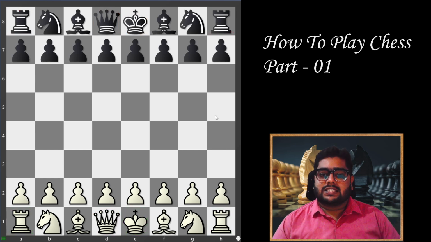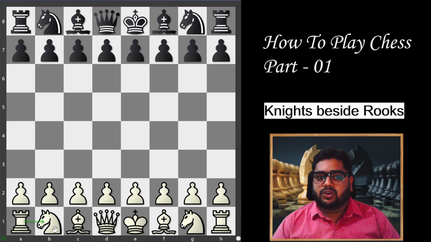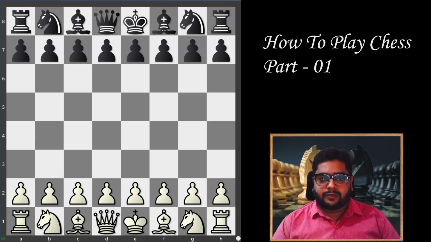Now we will discuss the knights. The knight will be placed beside the rook. Look, this knight is placed beside the rook on b1 and g1 for white, and b8 and g8 for black. So this is the starting position of the knight, and then the next piece, the fifth piece, which is